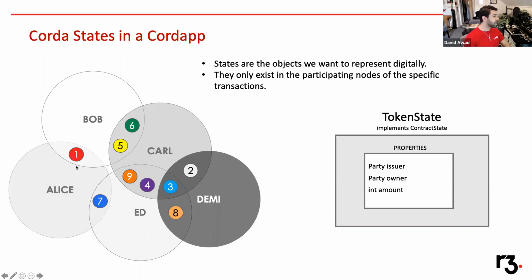So for example, it's not necessarily the case that 1 is the same kind of Corda state as 5 or 6. This diagram is only modeling how the states are actually stored in something called the vault on each Corda node. This might sound a little bit confusing, but let's abstract out a little bit and imagine the